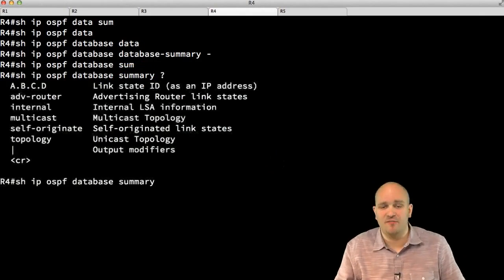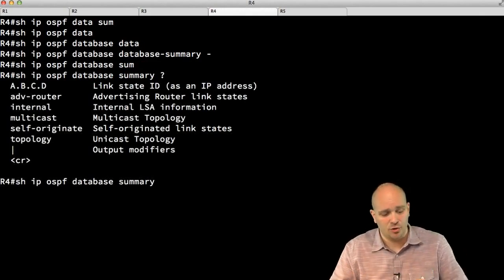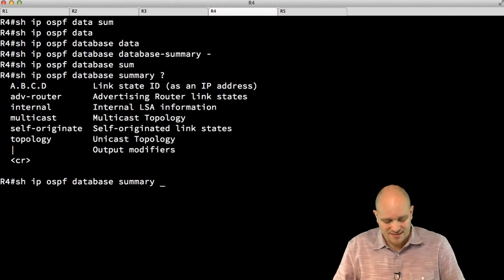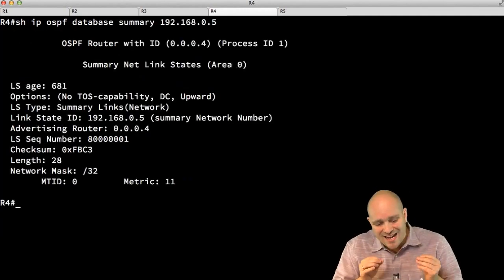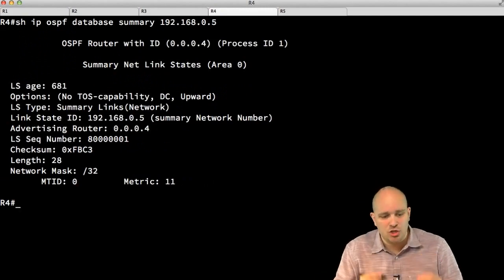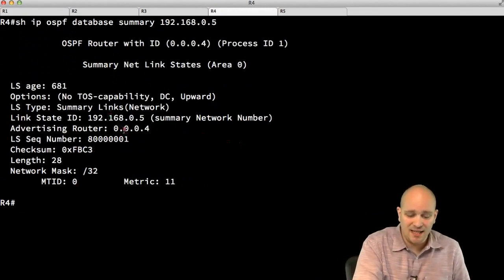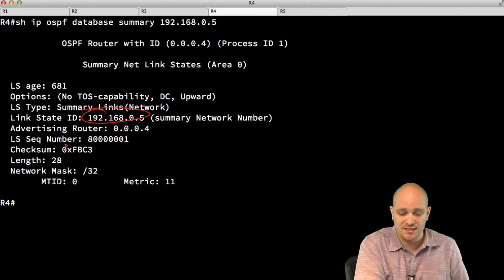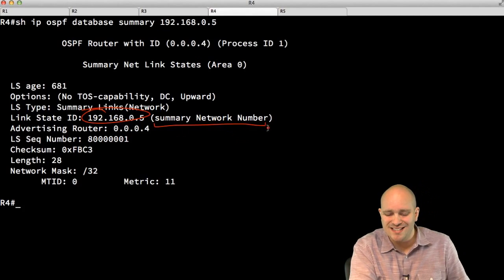And here I can specify either the LSA ID or the advertising router or the router or those LSAs generated by myself. What I want to take a look at here is the loopback of R5. And here it is. Here is the type 3 LSA that is generated by R4. We can see here that it says the link state identifier is 192.168.0.5, and it simply says that this is a summary network number. IOS is helping us determine what this is, and here is where we will have the mask, and we have the metric